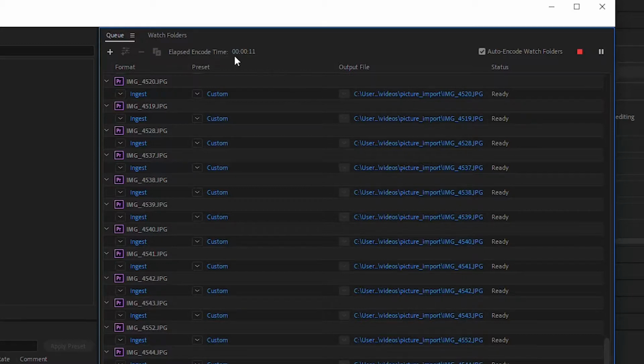So the first picture took 11 seconds, and then as it moves through each one, it goes through this not responding phase, and now it's 23 seconds after just a couple of pictures. So while it's in this responding mode, I'm going to wait for this to go away, and now I'm going to click on, once I get my mouse pointer back here,